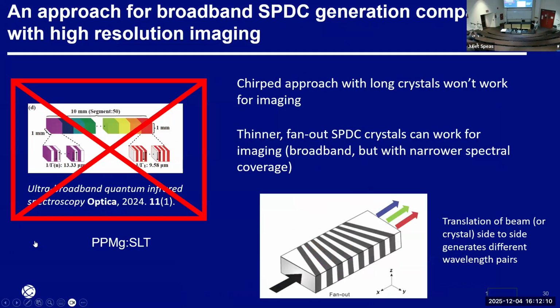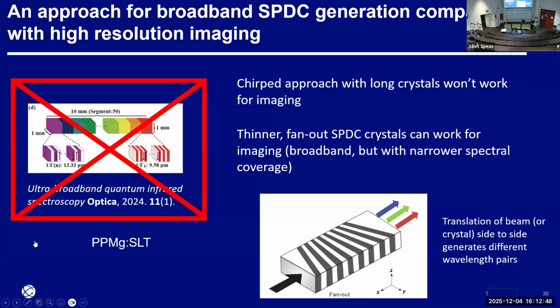But the problem with this 1 centimeter long crystal, this chirped poling period structure, is it's not compatible with imaging. In the way you image, I talked about momentum conservation, but also a lot of times you're relaying the image of the crystal face onto your camera. And so you don't really know in this long a crystal where your photons were generated. So our crystal is only like 1 millimeter long for the ghost imaging experiments, and thinner crystals give you better spatial resolution. So with this chirped approach, you can't use a long crystal, but we thought we could use shorter crystals